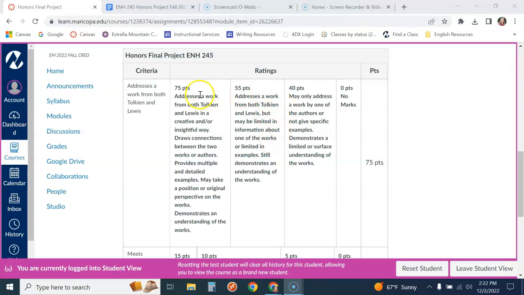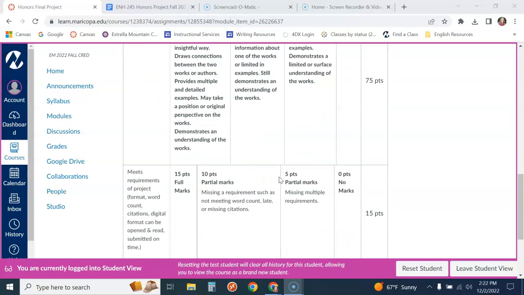Then if you don't get full credit for this, maybe it's because you're only addressing one of the authors, or you are giving very limited examples or just very broad descriptions. So again, I want some detail in this.